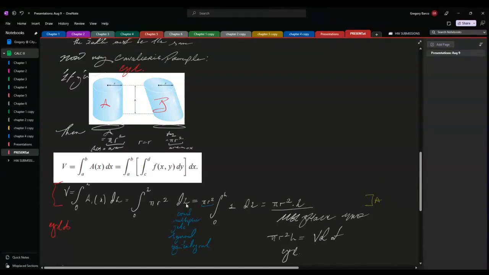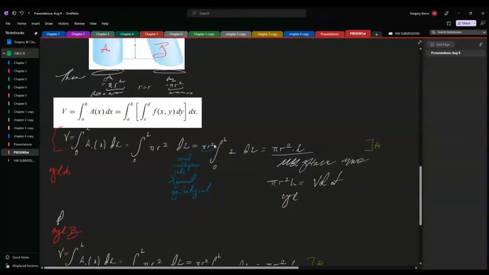And if we integrate that with respect to height, which I said before would be dy, but in this case, the height will be y or h, whichever variable you want to use. You integrate with respect to that. And we can apply linearity here with pi r squared. Any constant multiplier gets ignored by an integral, so we can just move straight past that. And we have a 1 dh, and we can integrate our function here, which is 1, and we get h